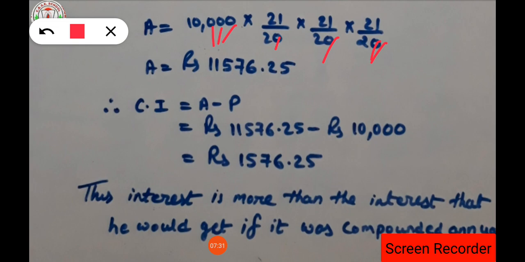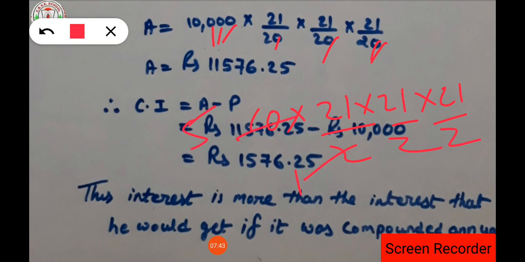Now what is the value left out? That is 10 into 21 into 21 into 21 upon 2 into 2 into 2. This is the number left out. So 1 time 2 will get cancelled with 10, and it will be cancelled 5 times. So 2 into 2 will be 4. So we will do 21 into 21 into 21 into 5, and that whole number will be divided by 2 into 2, that is 4. So what result are we getting after dividing it by 4? That is